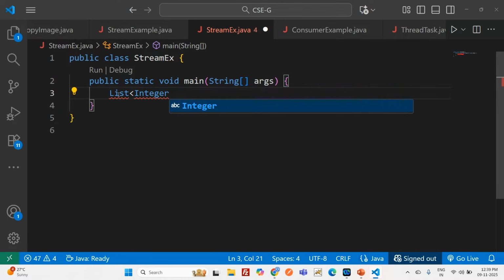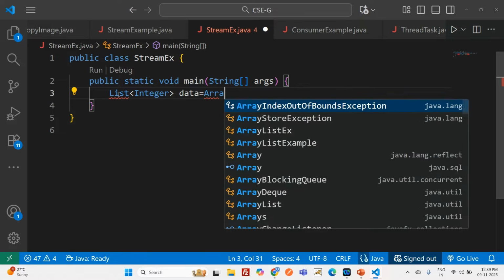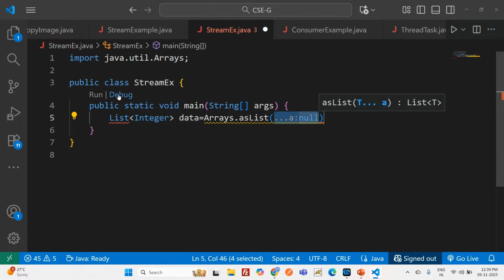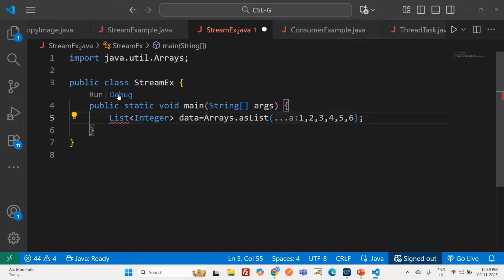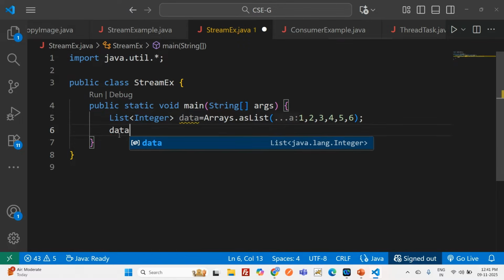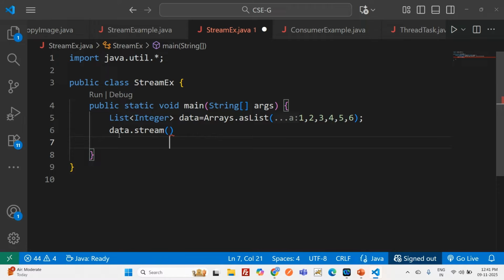Integer data equal Arrays.asList 1, 2, 3, 4, 5, 6. The data have been taken. Then stream, what is the variable name? data.stream can be applied. Then dot,